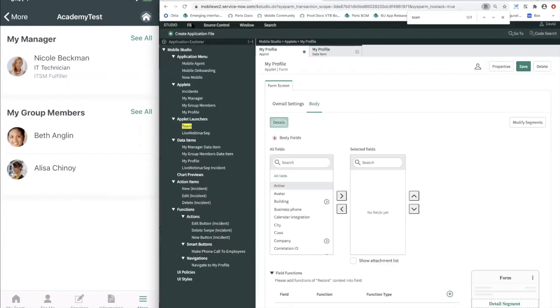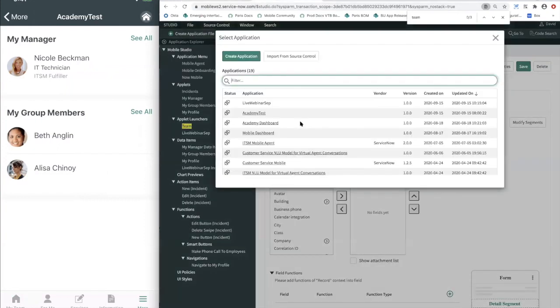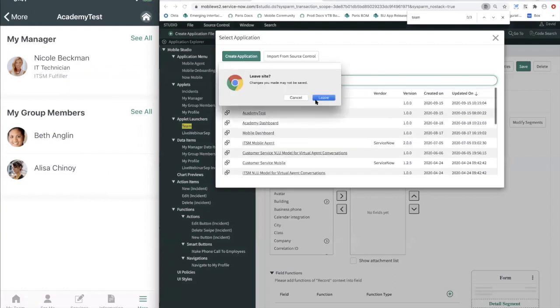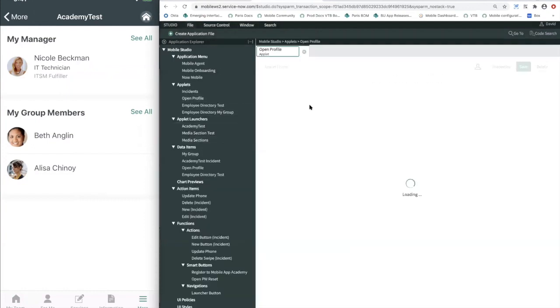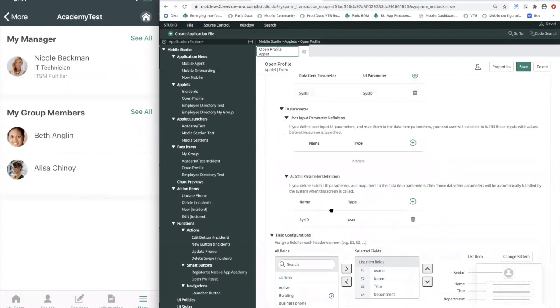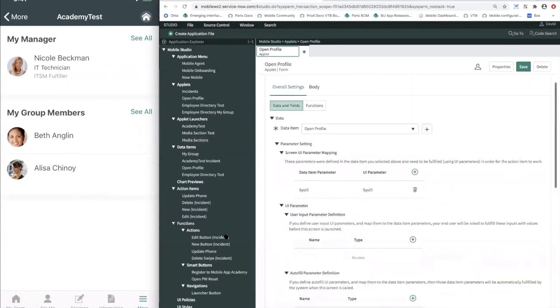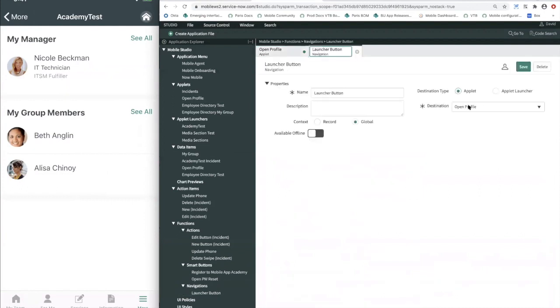If I switch into the scope that I created earlier, let's double check for any differences. I created an open profile, employee directory. I mapped the parameters, autofill, that looks right. I created a navigation, global navigation, which takes you to open profile, and is also global. And then if you check platform UI